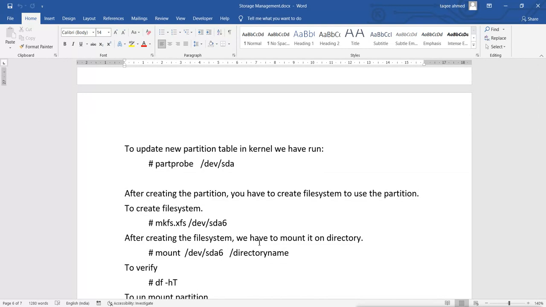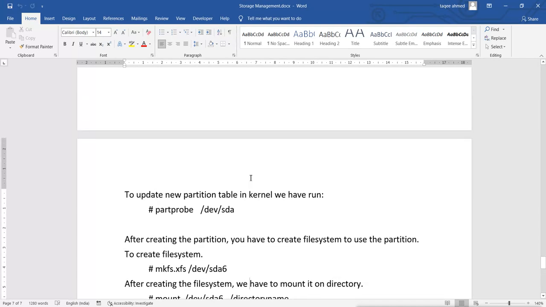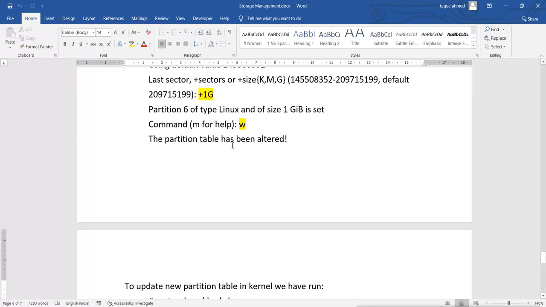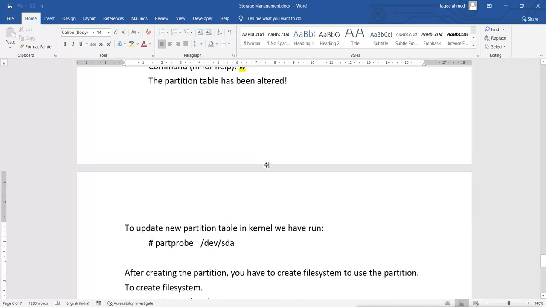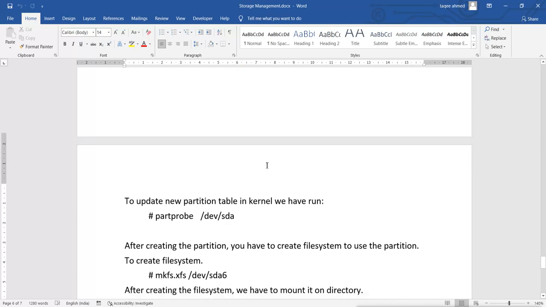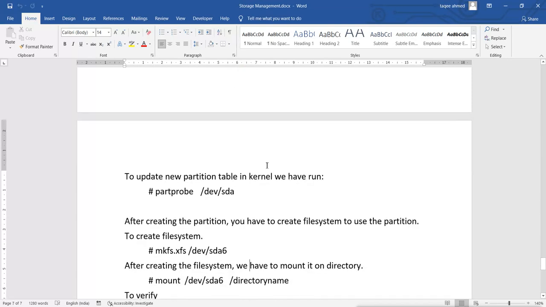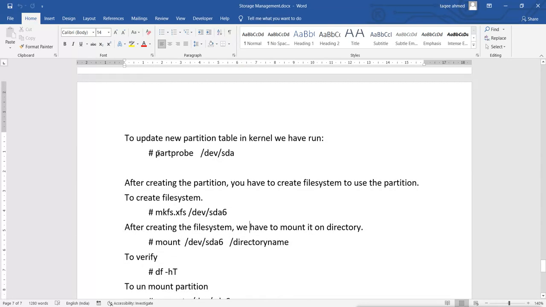It will always give you an error, because the previous partitions, like I created number 6, and the previous partitions are 5, 4, 3, 2, 1, are still in use. So it says that the hard disk is already in use, so I am not able to update the kernel. This new partition must be updated into the kernel, and it has not been updated. So for that, it says you have two options: either you restart the system, or you can run this command,